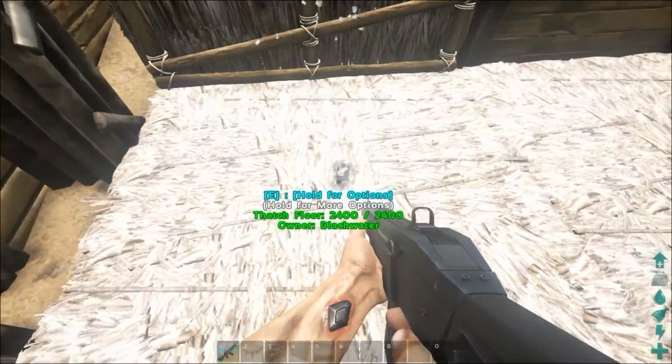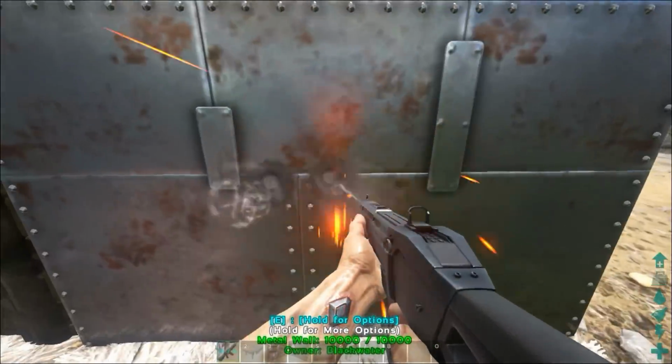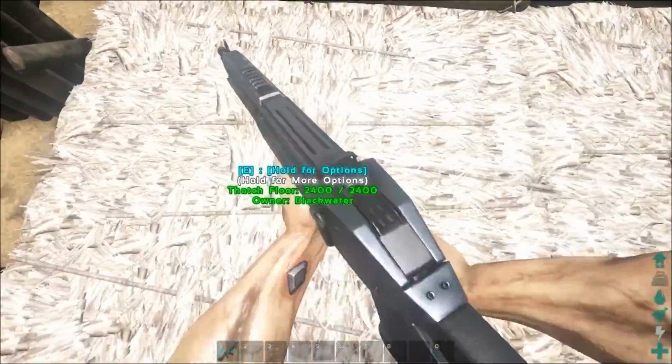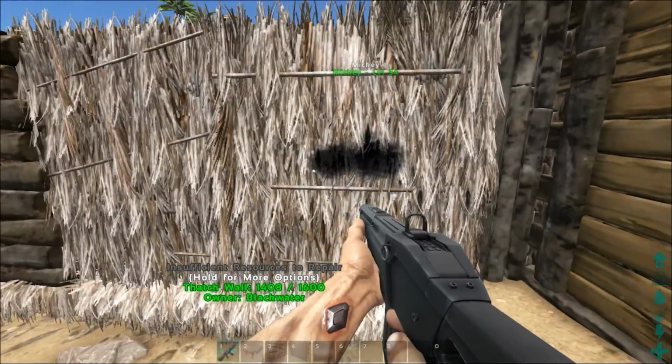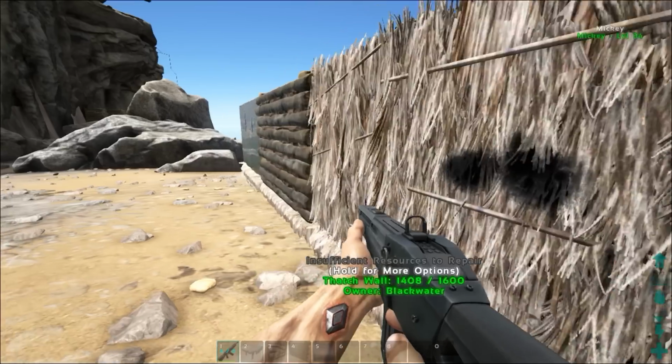Shooting in the head doesn't cause torpor, only more damage. No weapon on this list when fired at a structure causes damage to that structure, at least not yet. You cannot shoot through objects, so bullet penetration is not in ARK, and you cannot fire any of these weapons